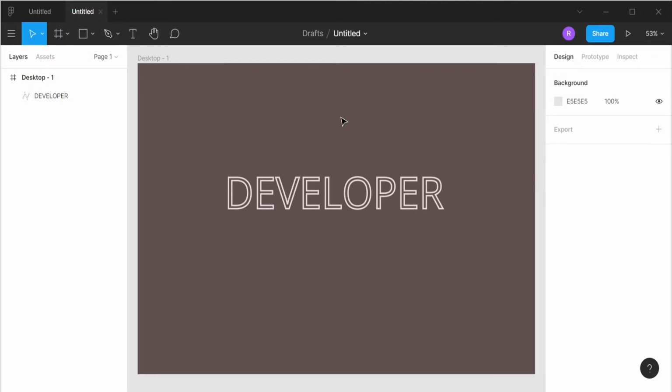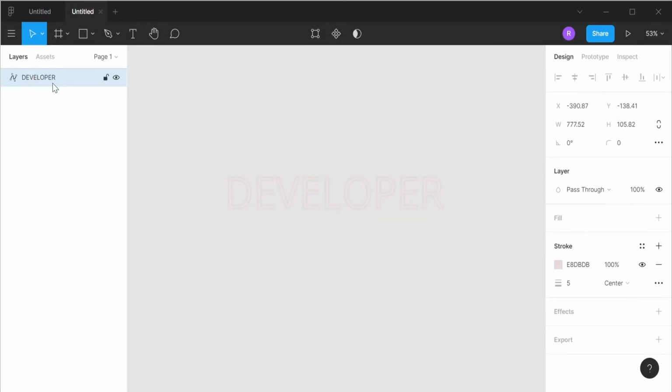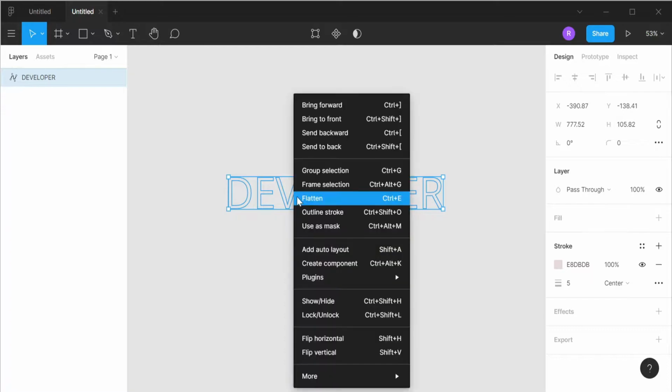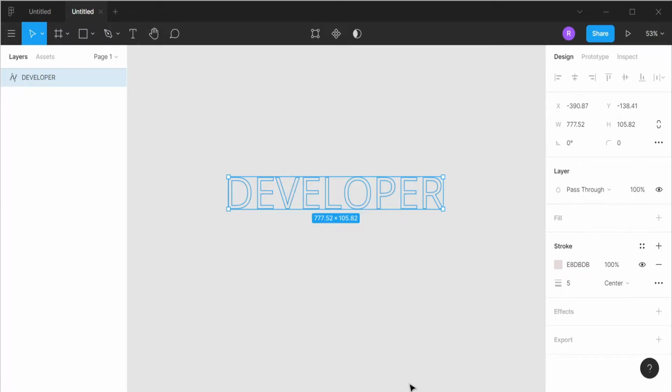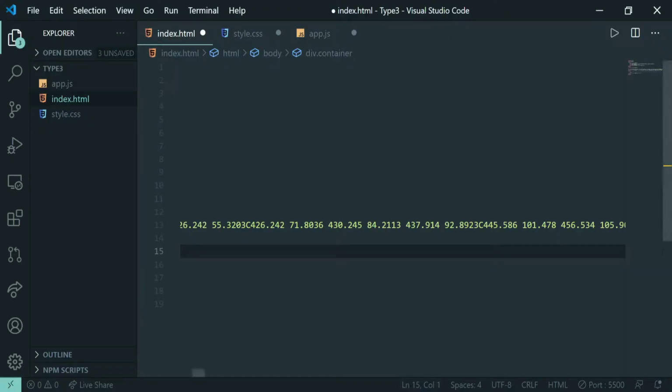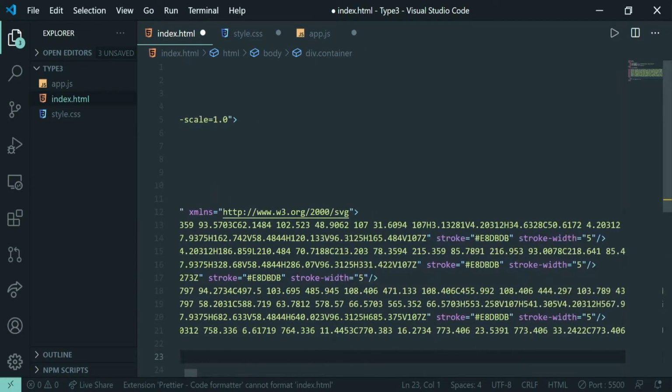So after doing everything, let us ungroup our image and then copy this thing. Copy as SVG and paste it in our HTML file.